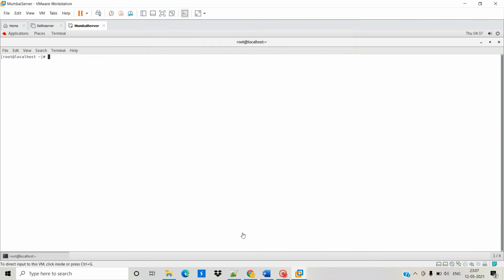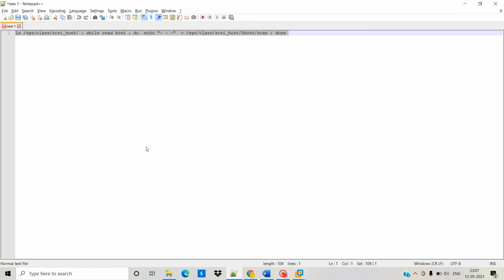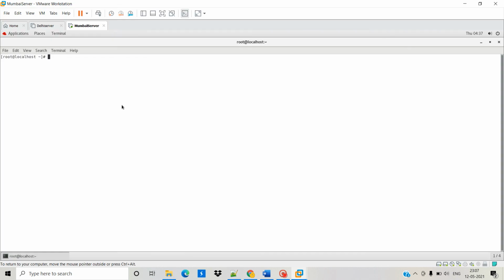So you add the disk which you made on the Delhi server. For scanning, again copy this command and execute. Wait for a while. Now done.